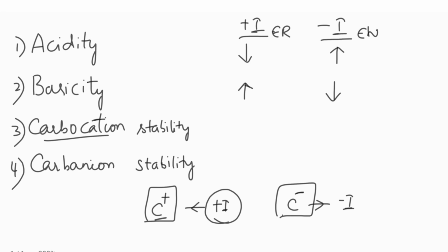Hence, carbocation stability is increased by plus I groups and decreased by minus I groups. Carbanion stability is decreased by plus I groups and increased by minus I groups. So these are the four most important features that are going to be affected in a molecule that possesses either plus I effect or